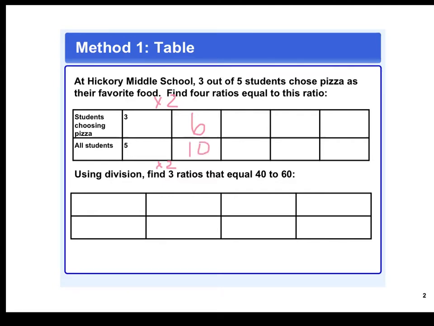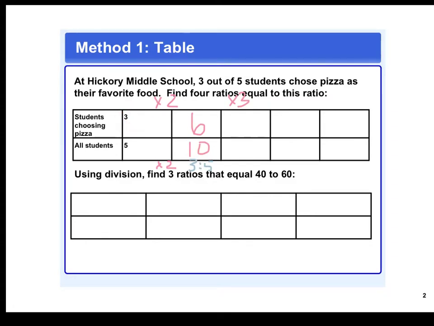Notice what should be true in my table. If I look at this ratio 6 to 10 and I write it in lowest terms, it would be 3 to 5, and that needs to equal my original ratio in order for the two ratios to be an equivalent pair. Now I could do the next one times 3, so I could do 3